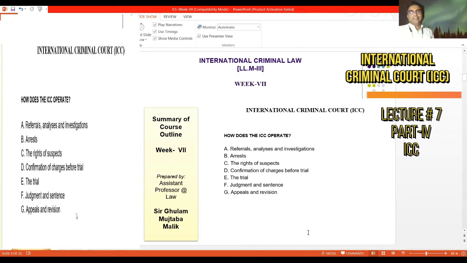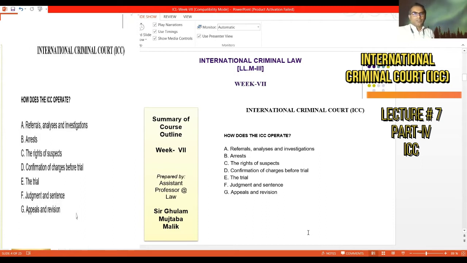How is an investigation conducted? Students, how will the ICC conduct the investigation? The Office of the Prosecutor sends its investigators to collect evidence in areas where crimes are alleged to have been committed. The investigator must be careful not to create any risks to the victims and witnesses. The Office of the Prosecutor also requests the cooperation and assistance of states and international organizations. The investigators look for evidence of a suspect's guilt or innocence.